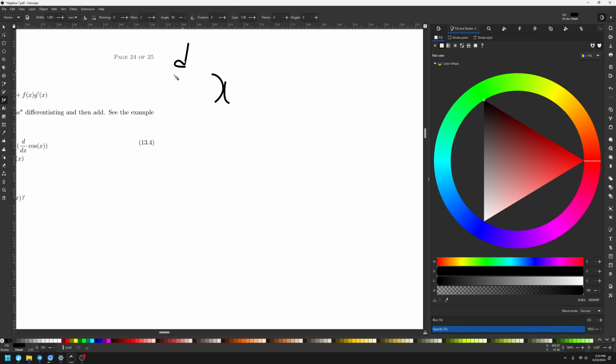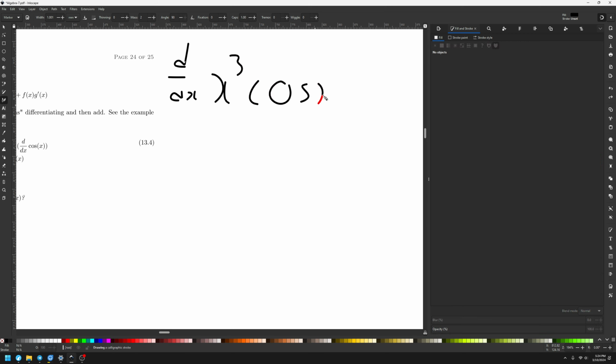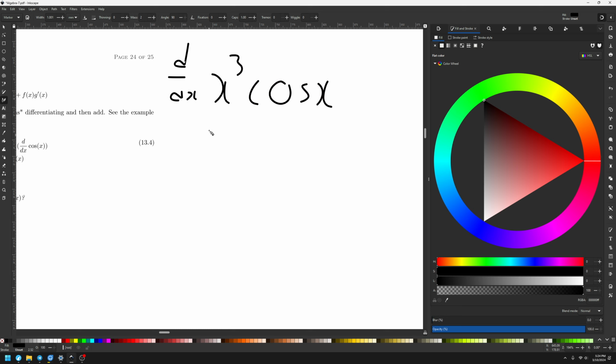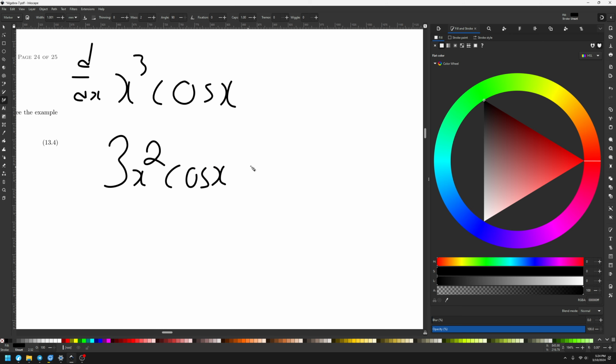x cubed times cosine of x. Since x cubed and cosine of x are both functions, we need to use the product rule. Okay, so first, we're going to differentiate x cubed, that's 3x squared, and we leave cosine as is. This is the first half of our answer. And now we're going to add,